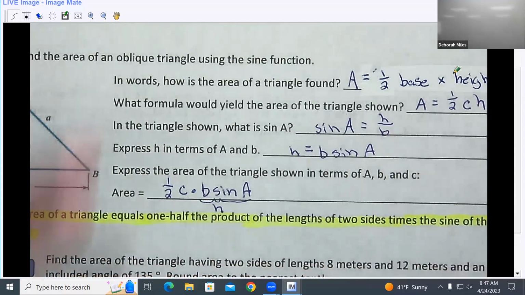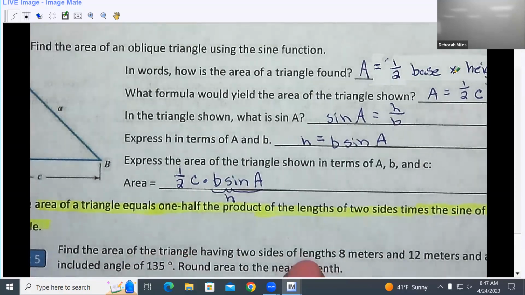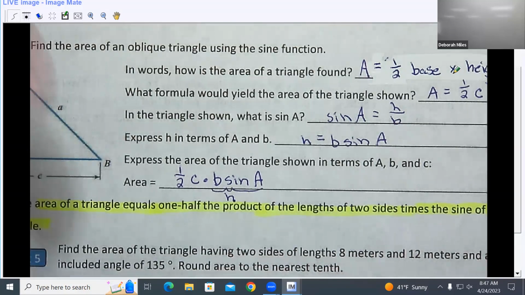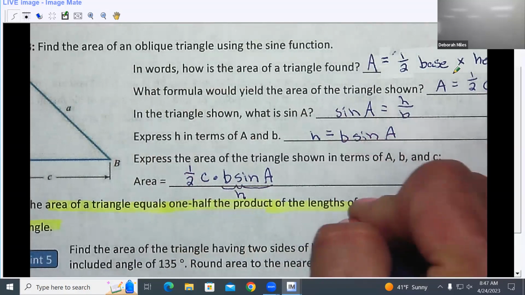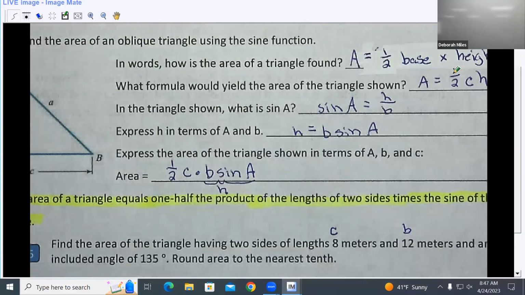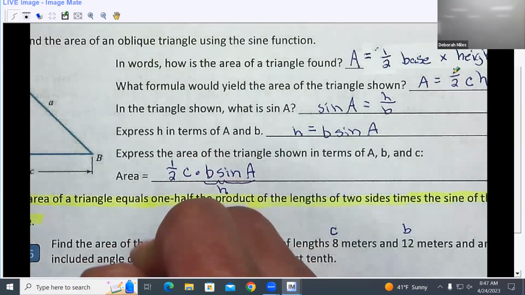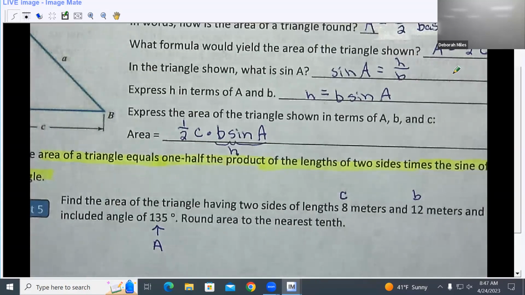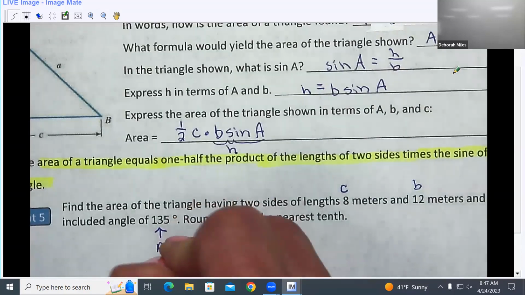So at point 5, find the area of the triangle having two sides of length 8 and 12. It doesn't matter which side you call 8, which side you call 12. But if you want to stick with the formula we have above, then one of those sides is C and one of those sides is B. And the 135 is the angle between them. That's angle A. So the area